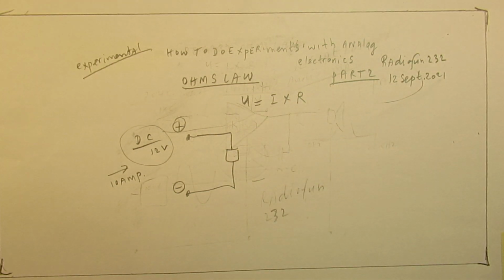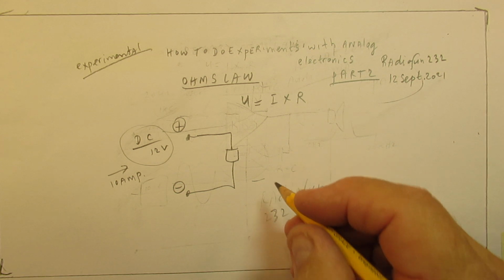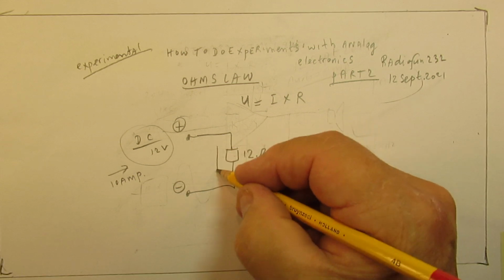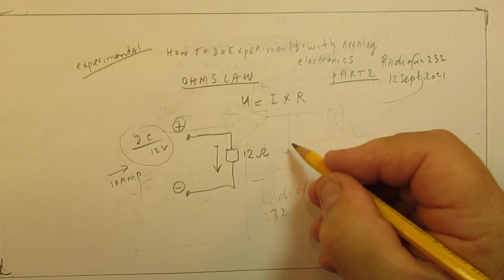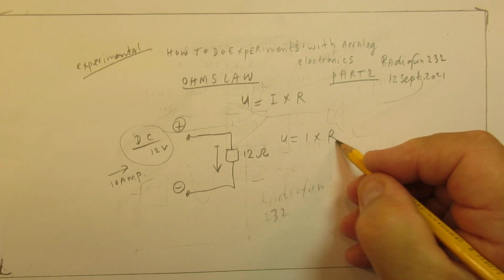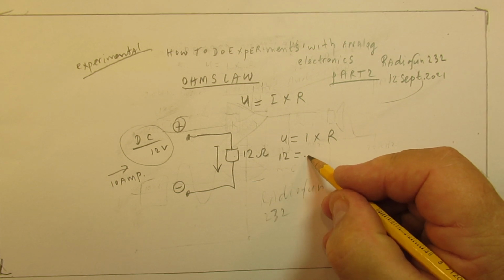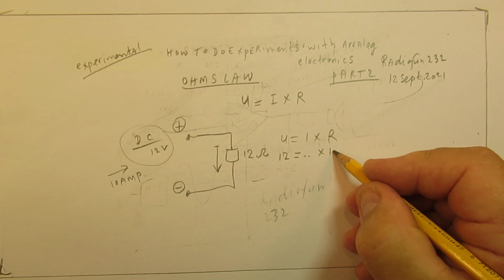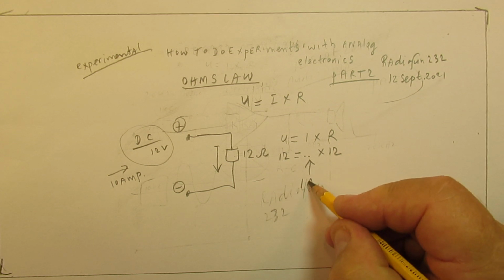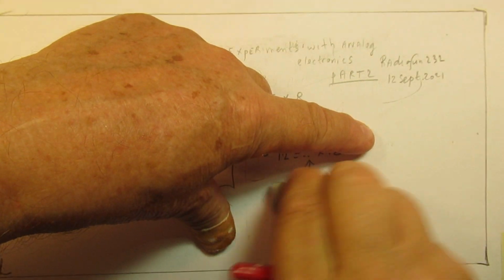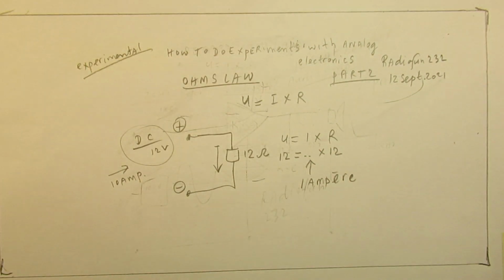When we have a resistor here of 12 ohms, the current to the resistor will be 12 divided by 12, that's 1 ampere. That means, perhaps this is very basic, and it is too basic, but I want to tell it because it's very important